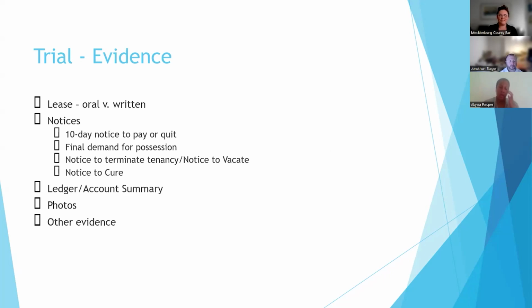Thank you. As far as evidence, what evidence do you need to bring? Well, the lease, if you're alleging that they breached the lease, or tenant, summary ejectments require the existence of a landlord-tenant relationship. So anything you have to show that there's a landlord-tenant relationship, the easiest thing to present is the lease, a written lease, if there's a written lease. If there's an oral lease, you would want anything that helps support that. So anyone may have overheard the conversation that you had when you agreed to whatever terms you agreed to. You yourself testifying as to what terms you orally agreed to.